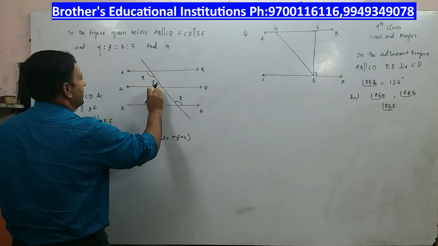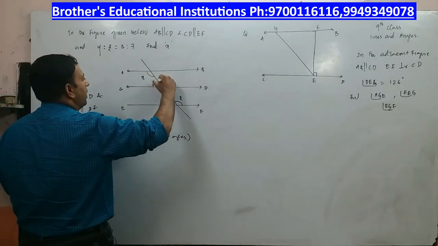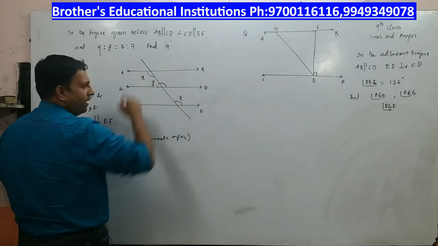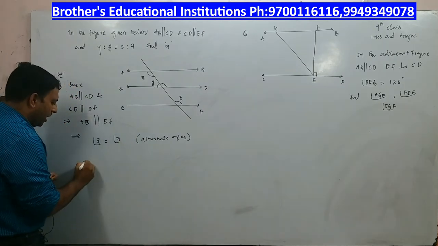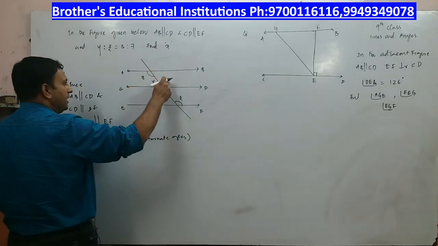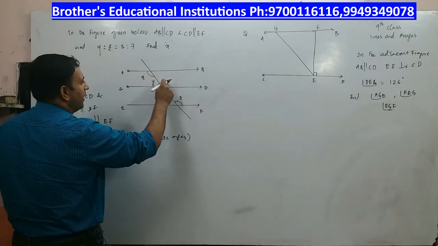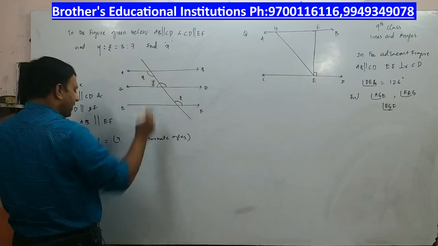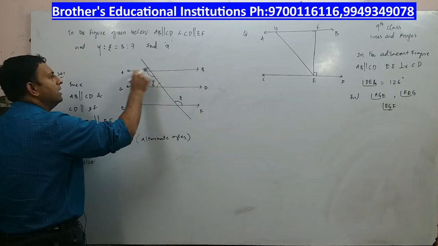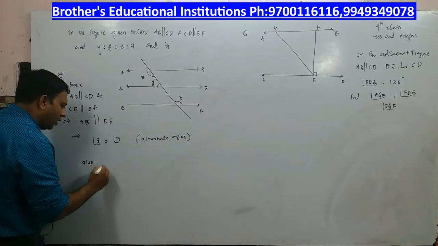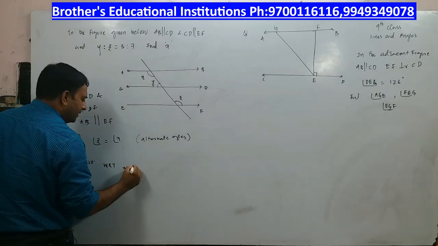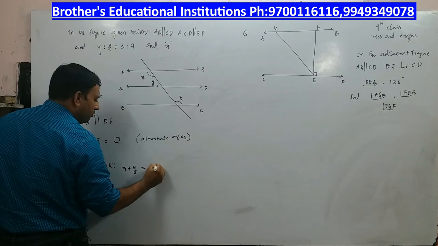Now, how do I proceed? What is the angle over here? This angle will be equal to this angle. Alright. So, also, this angle is equal to X. So X plus Y is equal to 180, right? Also, the sum of the interior angles on two parallel lines is equal to 180. Also, we know that this angle plus this angle, X plus Y, is equal to 180 degrees.